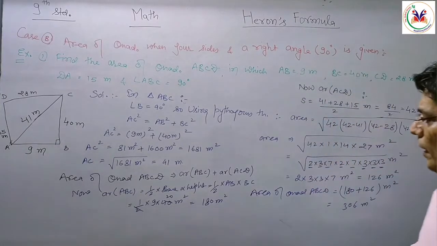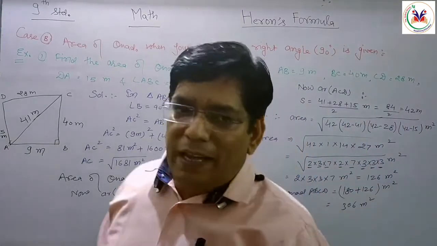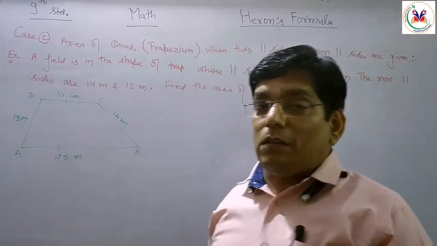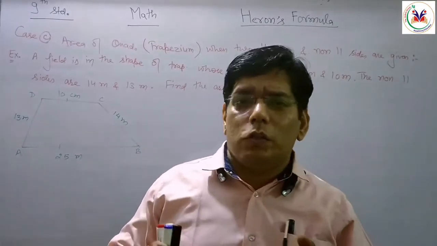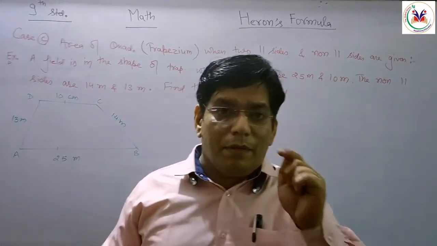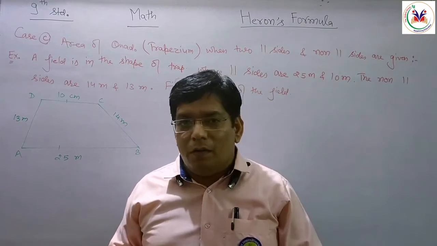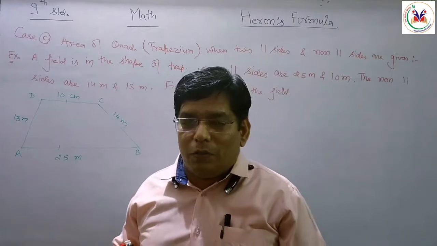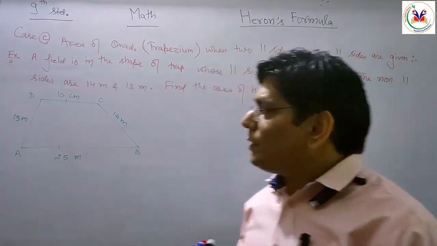That will be the area of given quadrilateral in which 4 sides and 1 right angle is given. Now students, we are going to discuss the third case of getting the area of quadrilateral. Actually this kind of quadrilateral is also known as a trapezium because the pair of opposite sides must be parallel. So this kind of questions are very important for the examination point of view because these are the major part. You can say these are having a specific process to solve this kind of question.